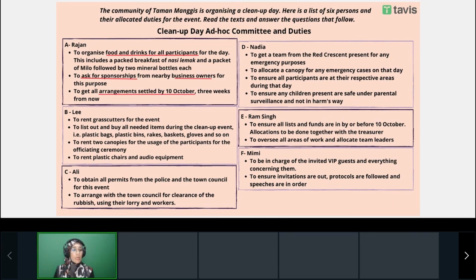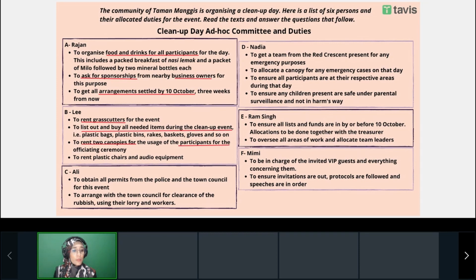Now let's go to Lee. Lee is responsible to rent grass cutters, to also list out and buy all needed items during the clean-up event. Okay, there is a clean-up event. All right, so he is responsible to list out and buy all the items for the cleanup event. And he is also responsible to rent 2 canopies. For whom? For the participants for the